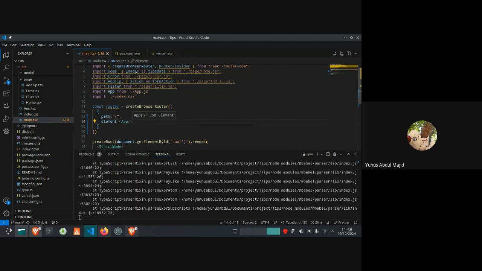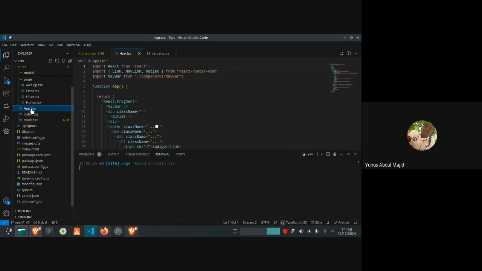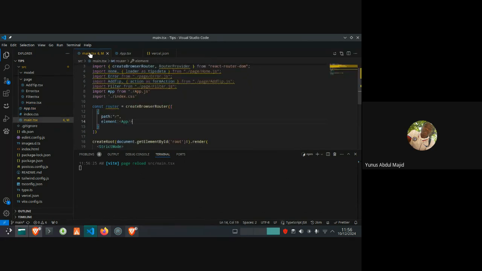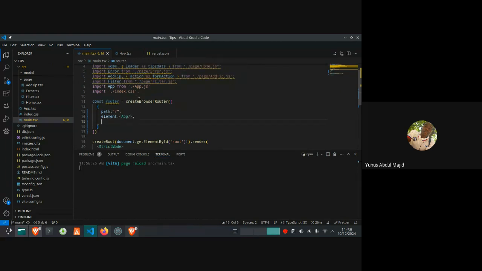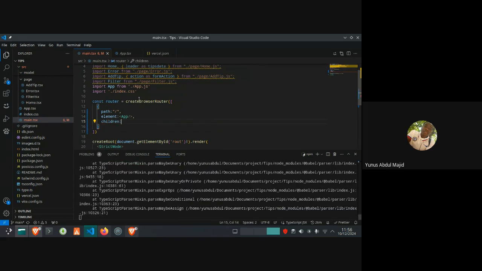And like I said, App.jsx is where we handle the outlet. I hope you guys remember what outlet means. Basically, we will create a children property inside this object. What children does is handle the outlet, the routes nested inside this particular route.